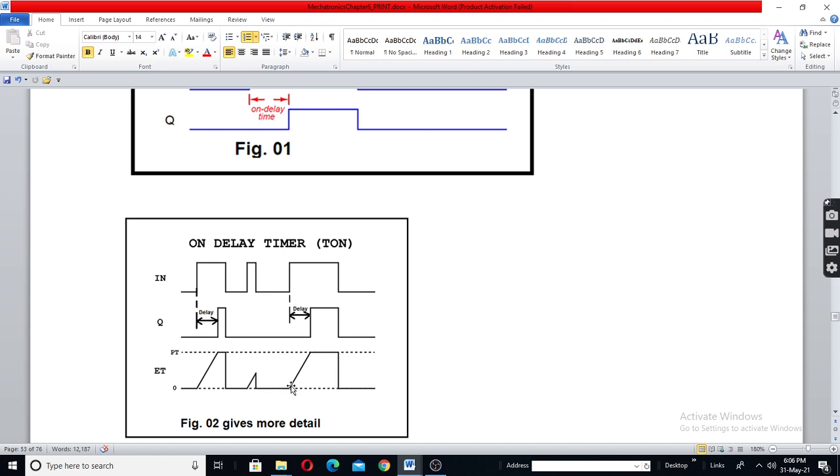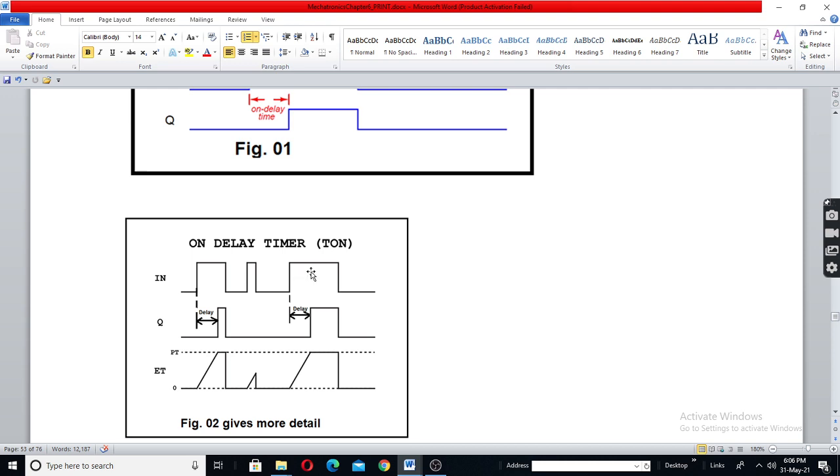When the next input signal comes, or pulse. Here we don't usually say pulse because this can be of long duration, hence we say input signal. But you can also say input pulse. The accumulator value will again count from 0, 1, 2, 3.